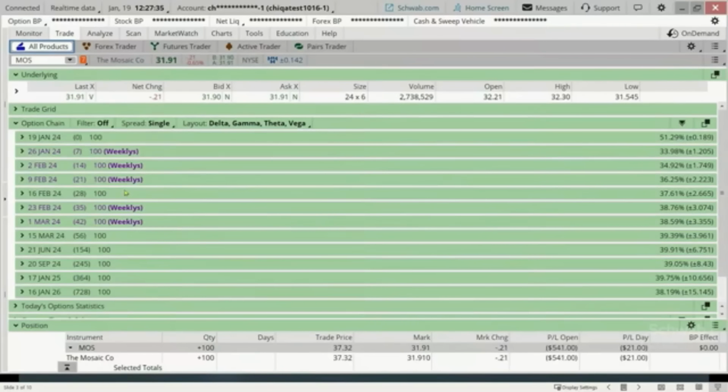What do I mean by a probability-based trade? I mean one where we're going to look at the statistics of it, in the sense of we want a stock that's most likely, from just a statistical standpoint, and that's no guarantee of future performance or what's going to happen, more likely than not to stay below where we want it to stay below for our trade.